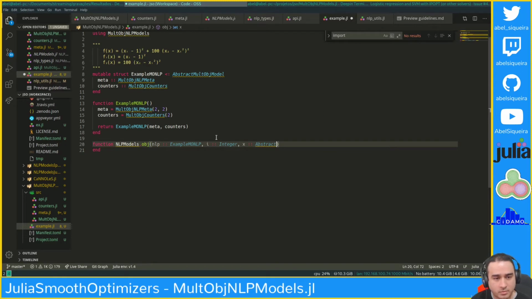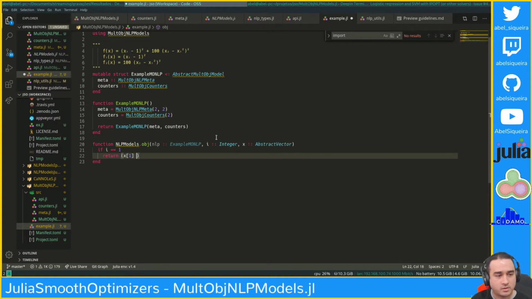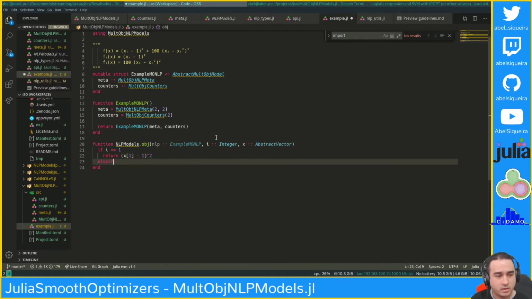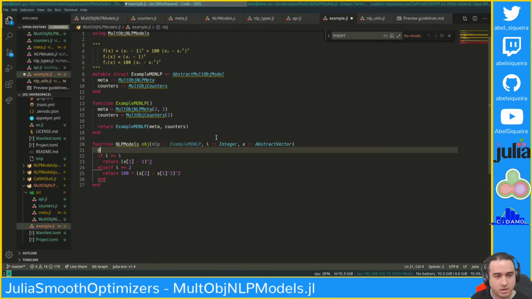I can't write anymore. Abstract vector. So if i is 1, return x1 minus 1 squared. Else if i is 2, return 100 times x2 minus x1 squared squared. When I call this, I want you to check